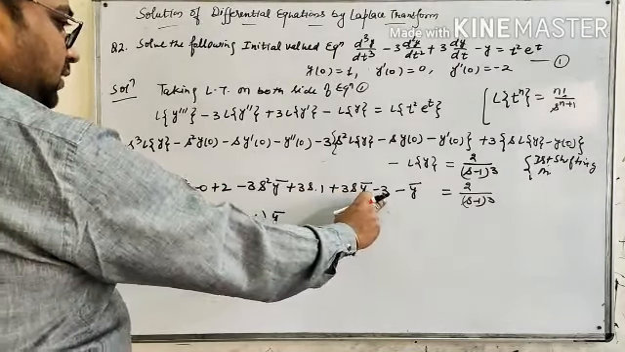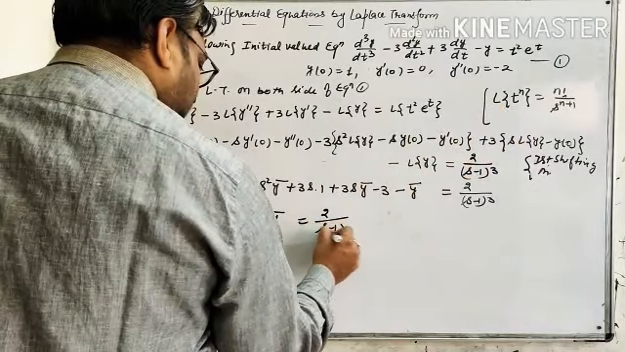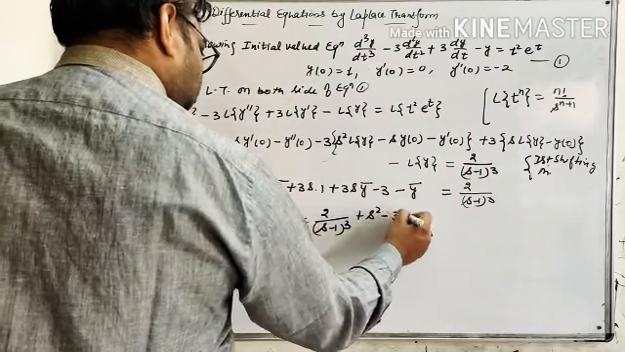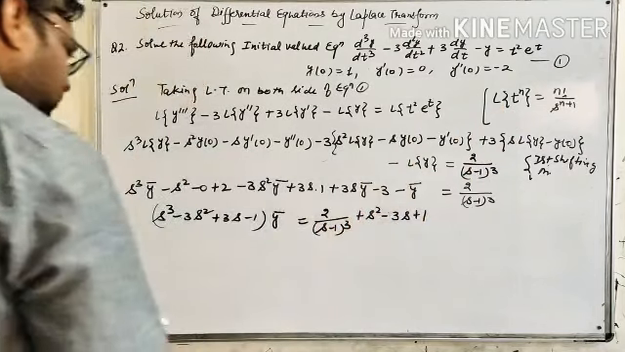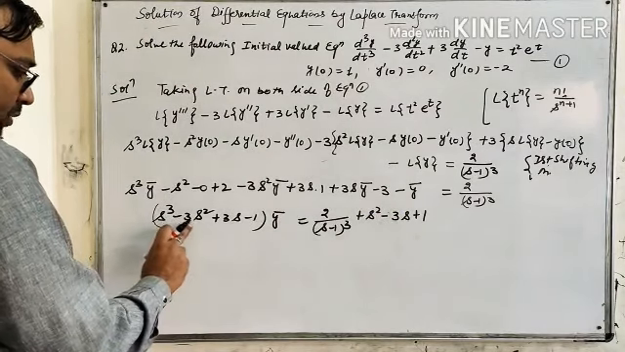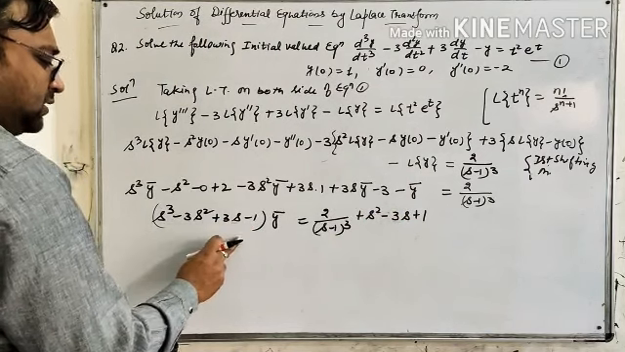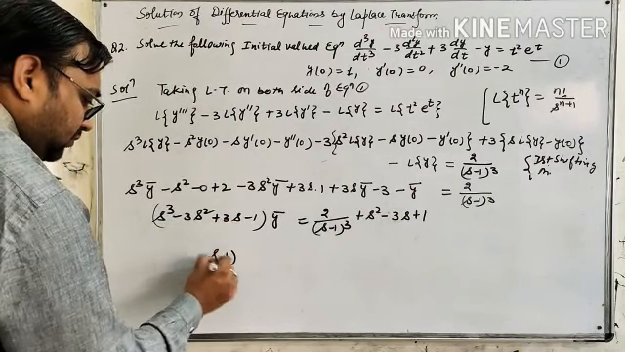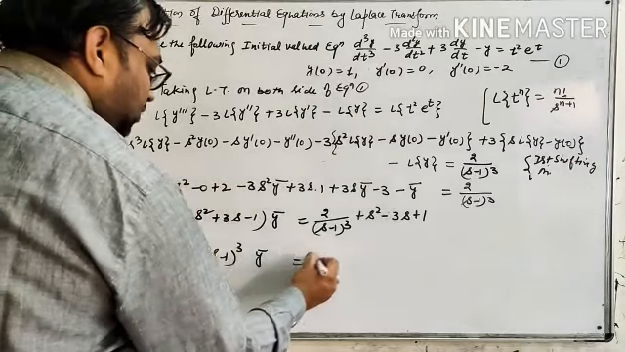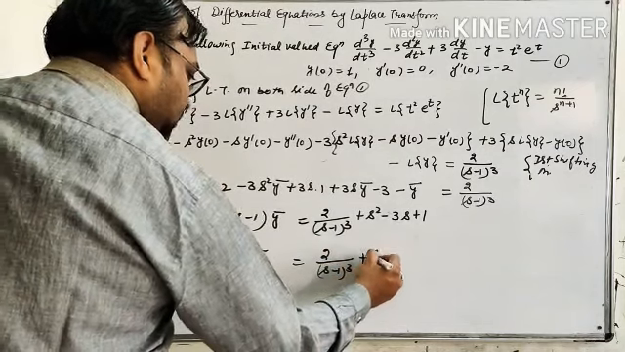and this s square, 3s and 2 and minus 3 is minus 1 will be taken into the right hand side, that is 2 upon s minus 1 cube plus s square minus 3s plus 1. What is this, s cube minus 3s square plus 3s minus 1? I think this is s minus 1 whole cube. So s minus 1 whole cube y bar is equal to 2 upon s minus 1 whole cube plus s square minus 3s plus 1,